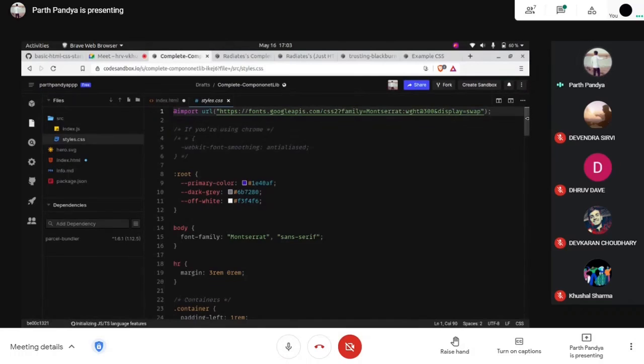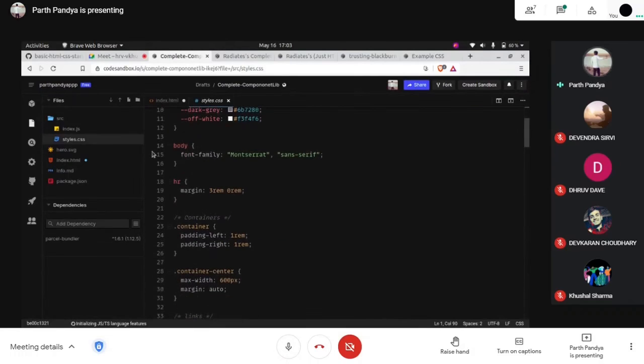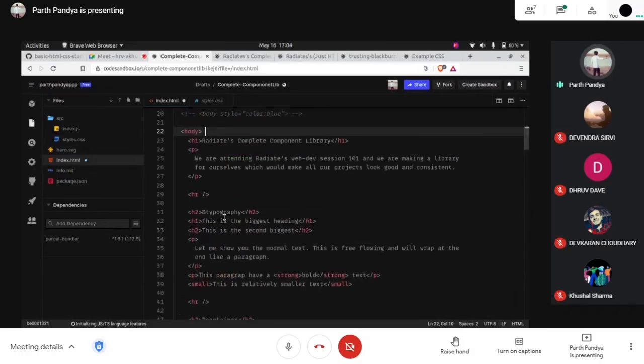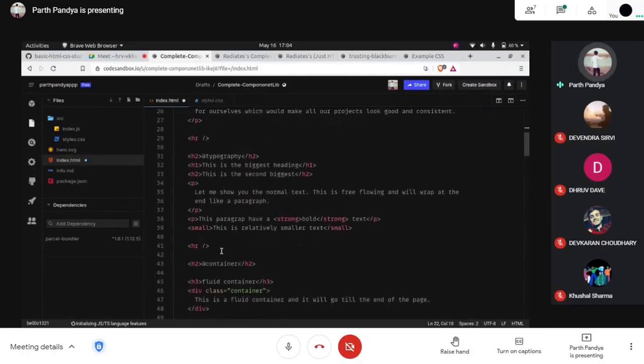Now we targeted the body directly. We targeted the HR tag. Then you can see that here I have a dot. Instead of starting with the alphabet, I have started this style block with a dot. A dot refers to a class. So whenever we use a class, suppose we are using a class here, this is class container.